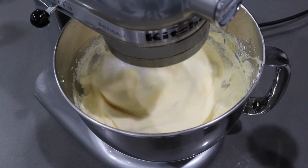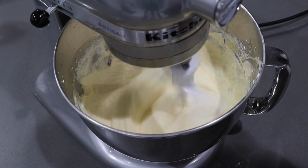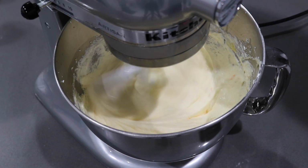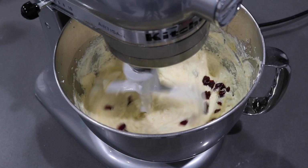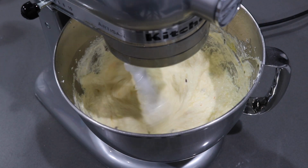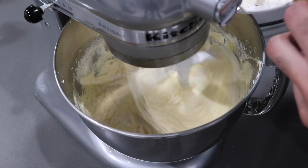Like I said before, make this cake as per your own taste and preferences. I'm doing a cranberry orange type of flavoring today, but if you wanted to add in raisins, if you wanted to add in some chopped nuts, or other flavorings, other zest, other extracts, feel free to play around with the flavoring agents. And once all of those cranberries are mixed up together, we're going to go in with that flour